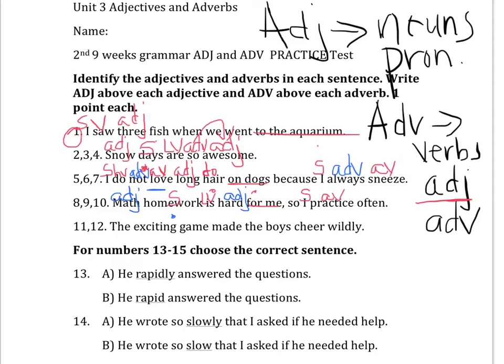I don't see any other adjectives, but I do see this verb practice. When do I practice? Often I practice. There's my adverb. Adverbs describe verbs here. Often what? Often practice. And the next one, subject is game,